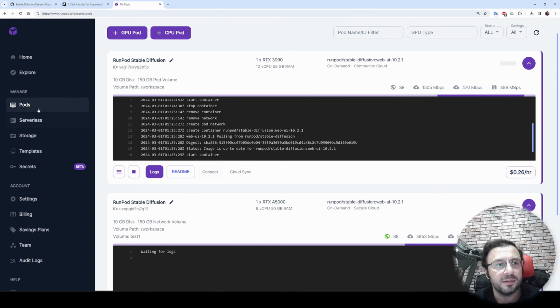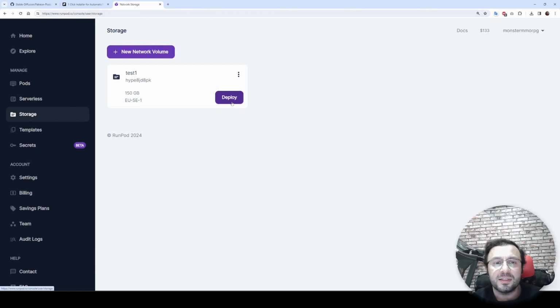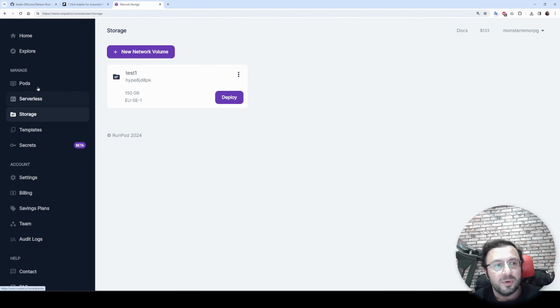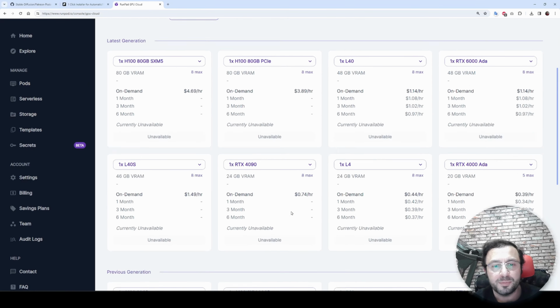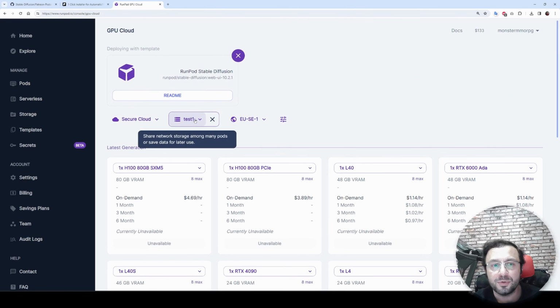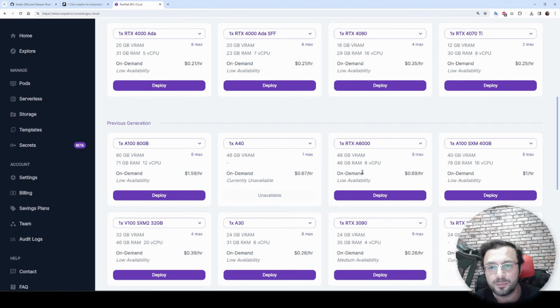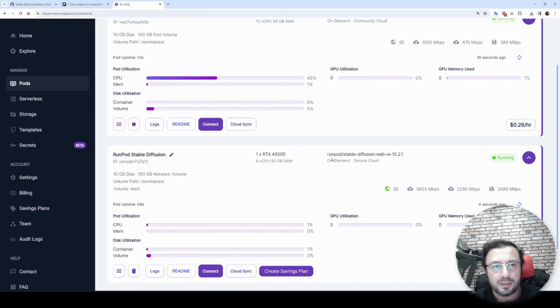Pods are getting started. With storage, another advantage is that you can also rent multiple GPUs if they are available. However, with the community cloud, you have to pick your maximum number of GPUs at the beginning. So you see, let's go back to community cloud, and when I am going to deploy for the first time, I need to select my maximum number of GPUs because it is not getting increased at a later time even if you stop your pod. Okay, both pods are started.